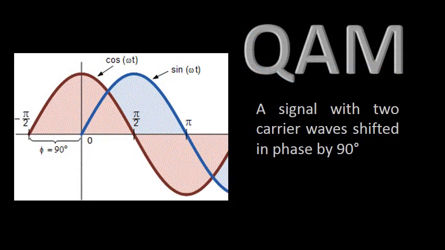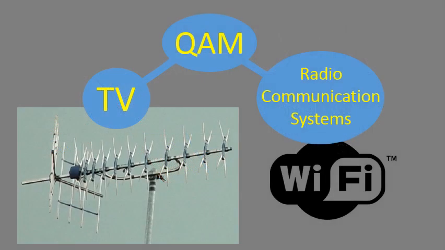QAM, or quadrature amplitude modulation, is a method used to transfer information using a signal composed of two carrier waves shifted by 90 degrees. It is typically used for analog and digital TV broadcast and in radio communication systems such